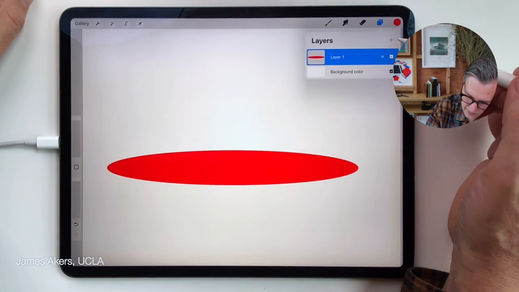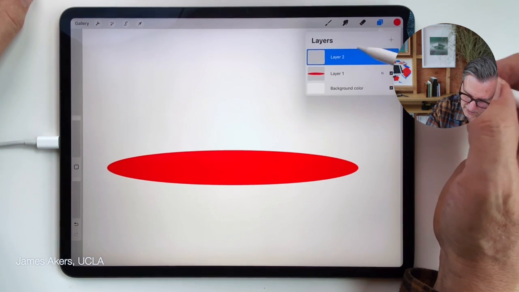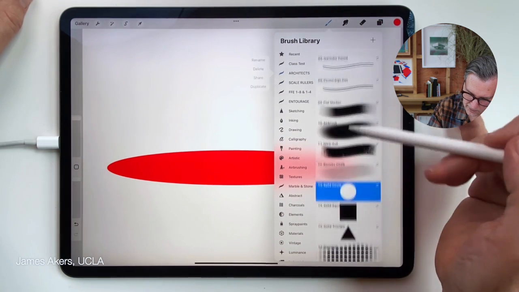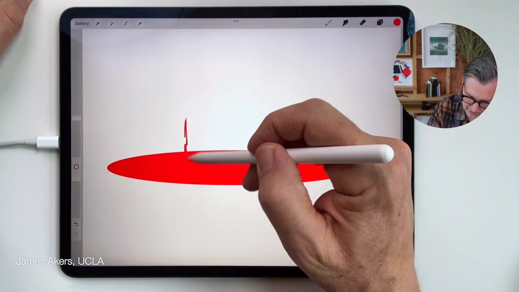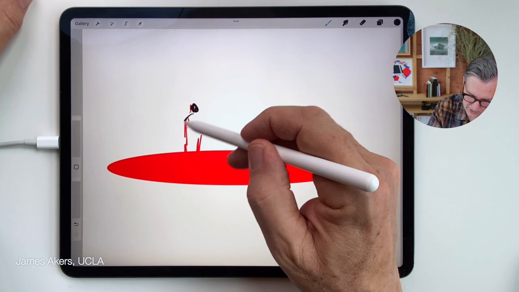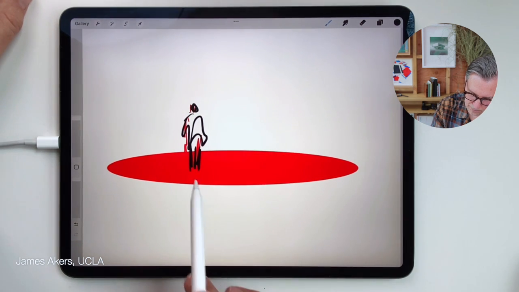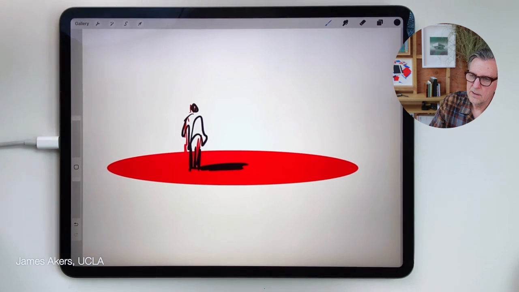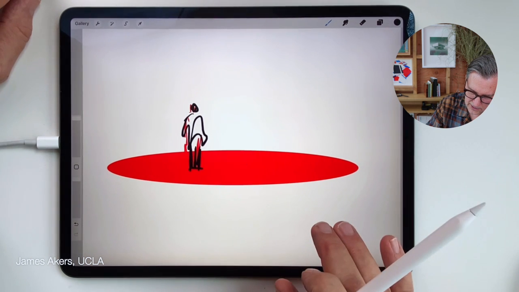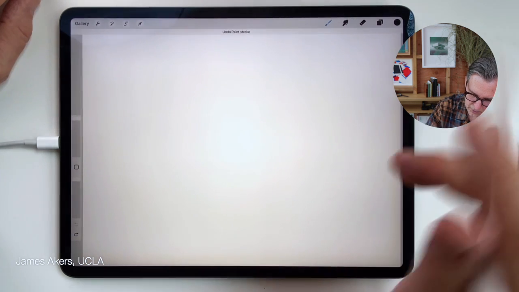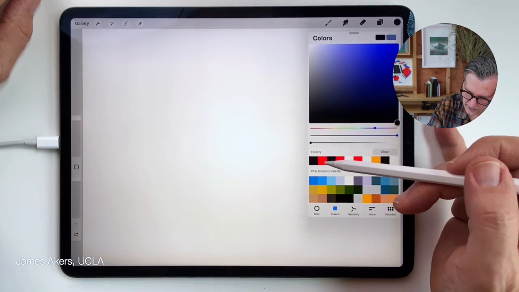And then at that point you could come in above this and add a layer, and you don't have to do this with me, but I'm just showing you quickly that you can go back in, and then you might want to have a person standing there, and I'll change the color of that, so there's a person standing on the ellipse. And then maybe I put a little shadow on that, and suddenly you're drawing better than you might be able to do freehand. So I'll untap out of that and make all those go away, and I would go back to this. You could stay in black if you want, or pick any color, but I'll go back to red